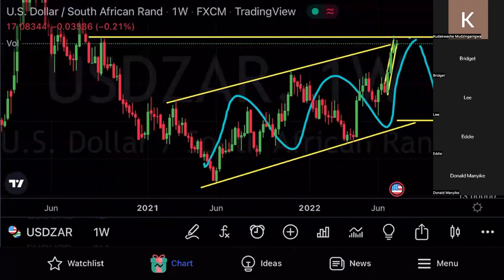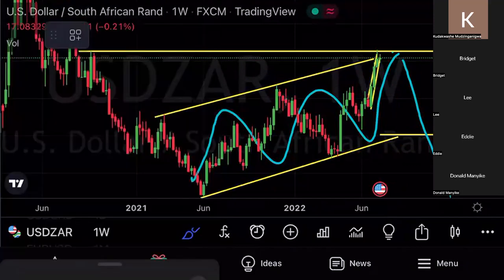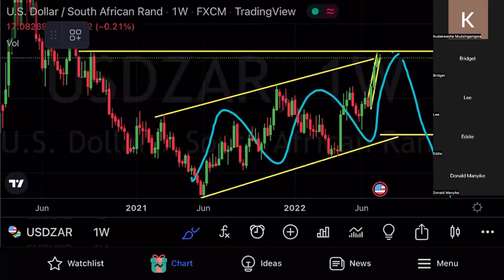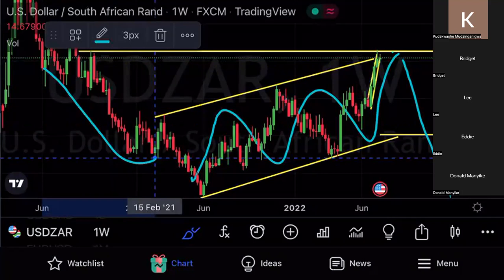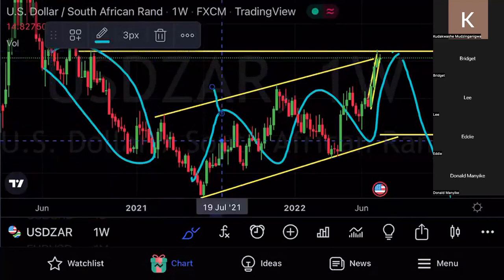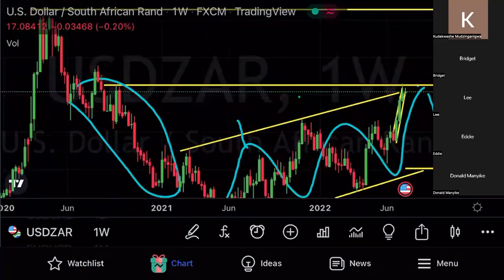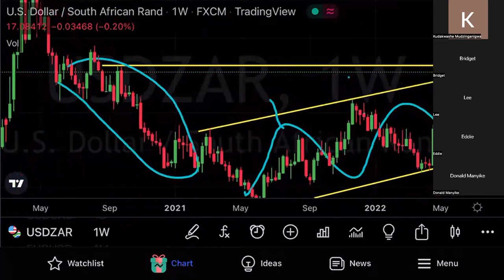Okay. I'm on the weekly. We are focusing. I said I have my own specific order blocks that I look for. For an example, we are in here. It's a downtrend there. Let me remove that. So we are in a downtrend. I'm focusing on that. I want to see if there is a powerful order block in that area.